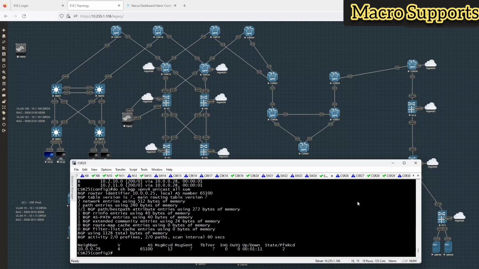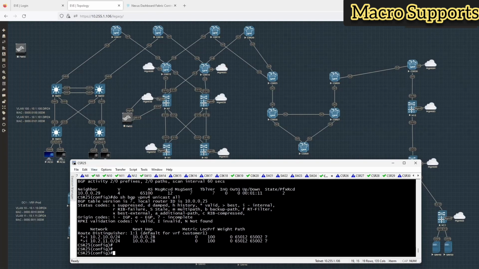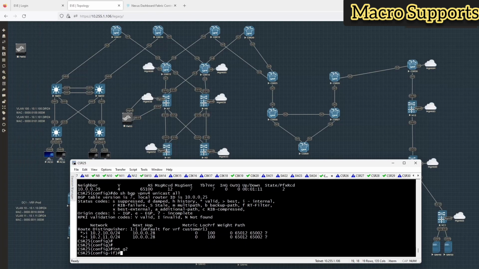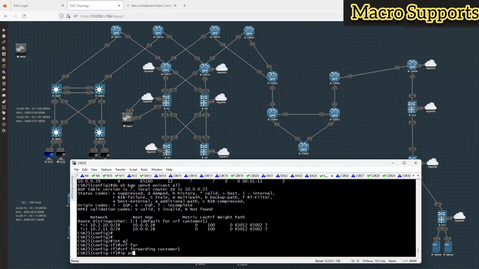So the next stage in the game here is that if I do this, we'll see that the peering is up, doing what we expect it to. The next stage is to go and configure 25 to talk to 19. We're going to do a simple one and go from there. So the process of this is pretty straightforward. So we're going to go to gig 2. We're going to say VRF forwarding is customer 1. The IP address here will be